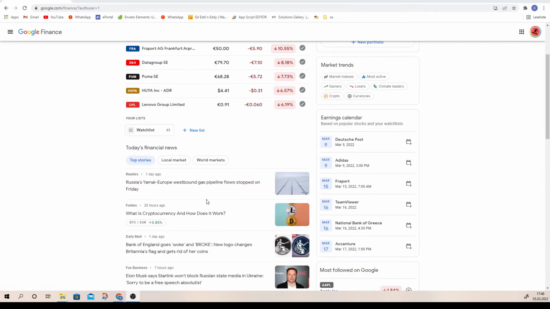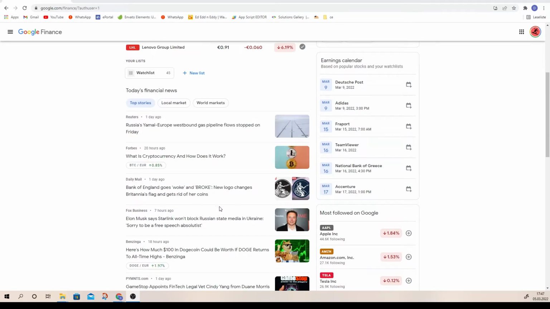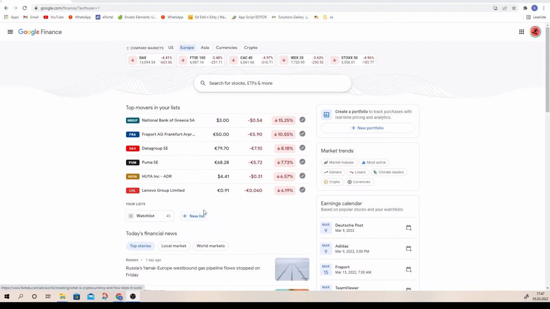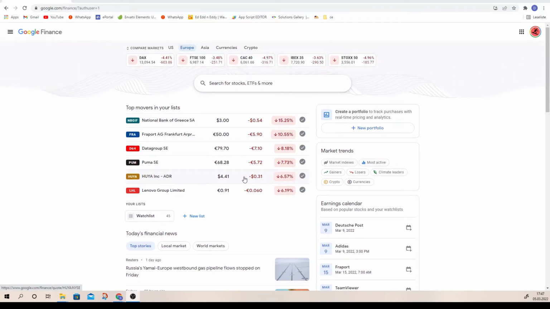So the pros, why it's better or why it's easier to use Google Finance. This app, or homepage, I would say, is really easy to use. You can also get the stock data from Path. I will show you later on what I mean. And it's very easy to use, with a clean and nice design. And there's a bunch of